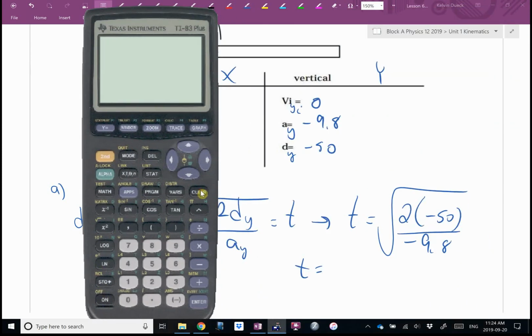If I'm typing this into my calculator, for my new students, typically what I would do is go 2 times negative 50 divided by negative 9.8 equals, and then I would go square root answer button. I find typing a bunch of stuff in my square root sometimes is awkward, unless you have one of those nice new calculators that when you hit square root, it indents and extends the square root line, then you're fine. But I think those are only the newer Casios. You get